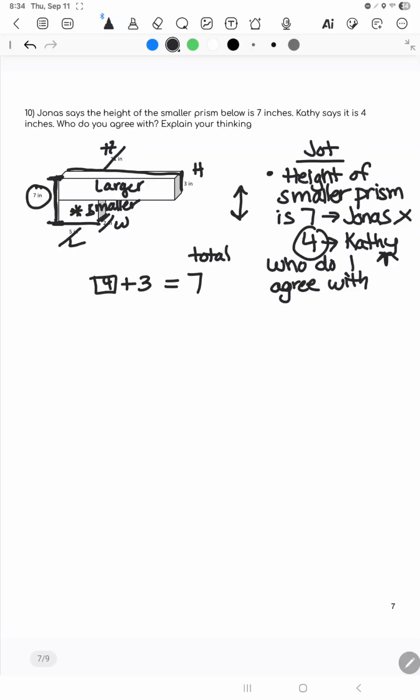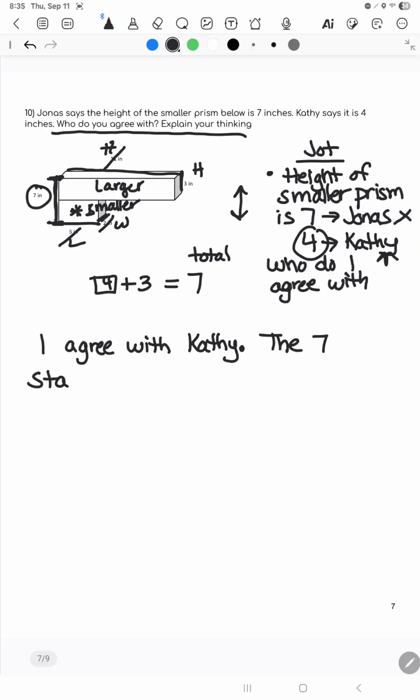I agree with Kathy. Now that I have my information, I want to make sure I explain fully. So who do I agree with? I agree with Kathy. And now I'm going to get into my evidence. I'm going back to what I thought about. Let's see. The 7 stands for, notice I'm using some evidence there. Love evidence. The 7 stands for the height when, let's use language from the problem, smaller, when the smaller